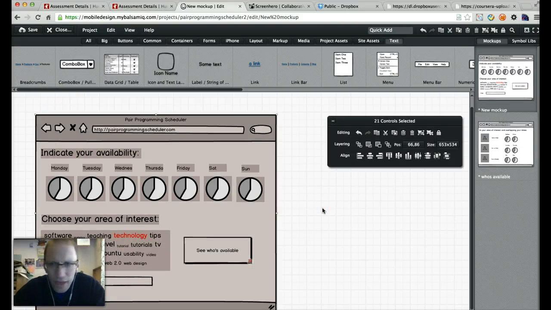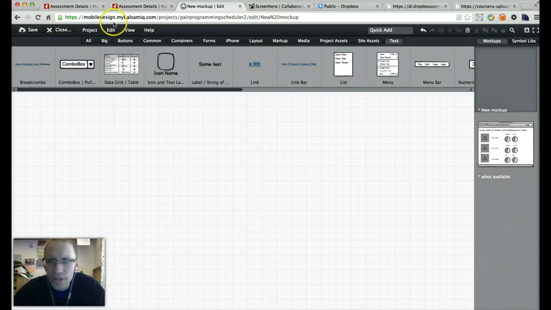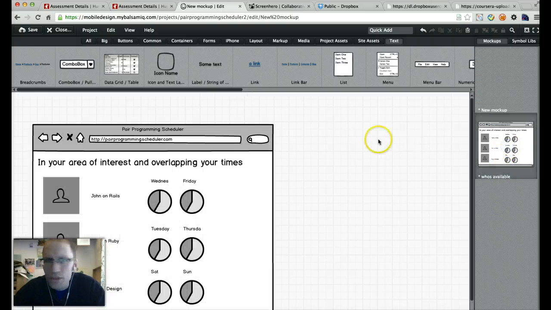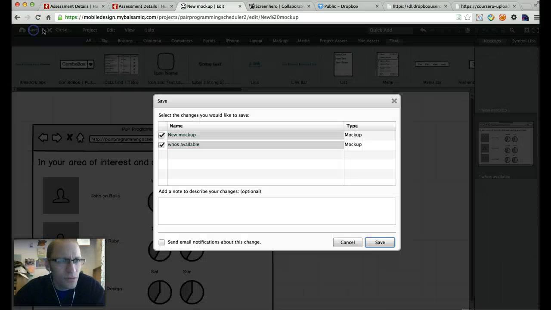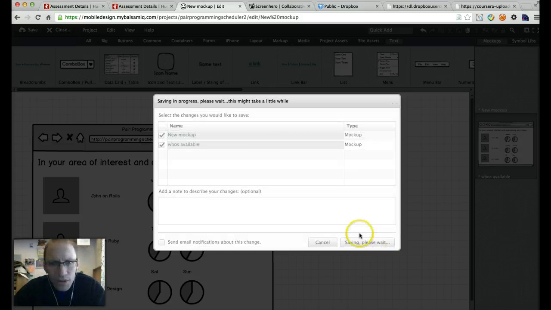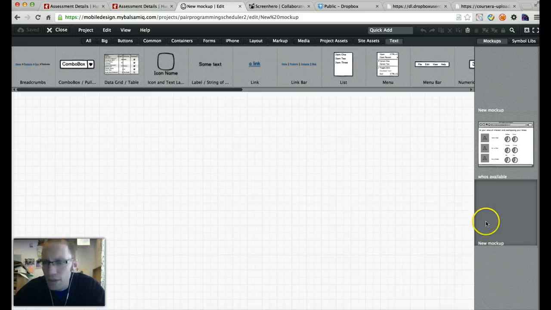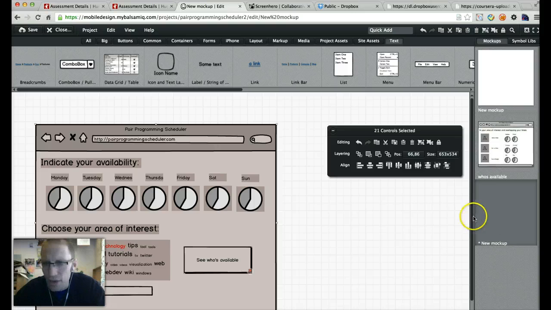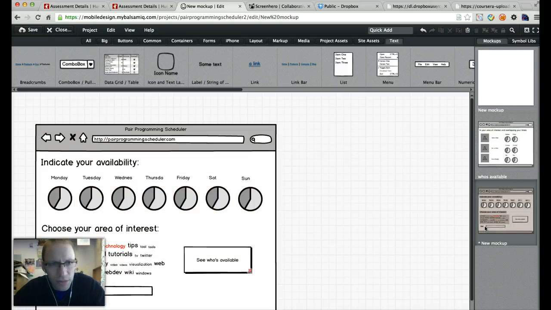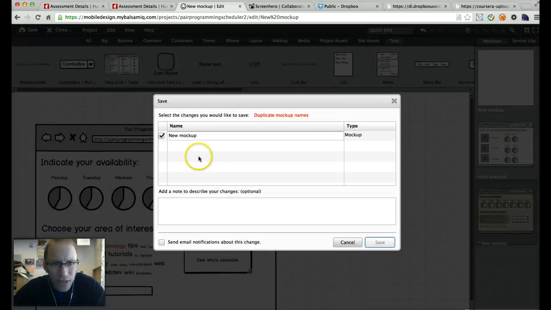I select everything in that environment. Let's remove that. Let's create a new. How do I add a new mock-up in this environment here? Goodness me, I do get confused. Let's save. I hope that's all still on the clipboard. Project new mockup, there we go. So this one, I think now, let's try and paste everything back in. Okay, so we're going to have that, and I want to save that, and that's going to be called